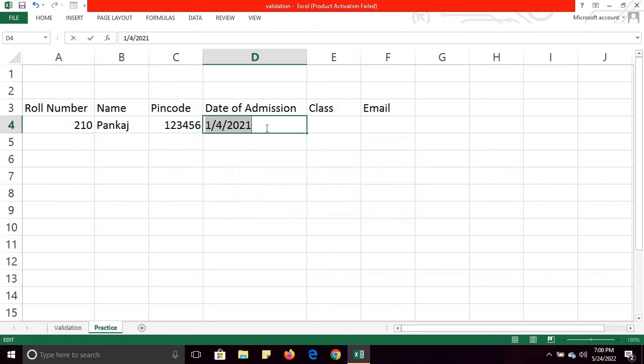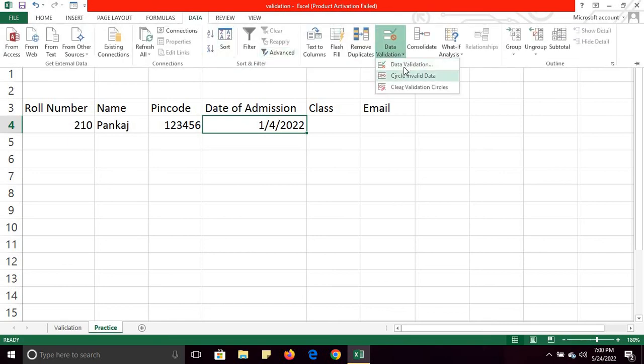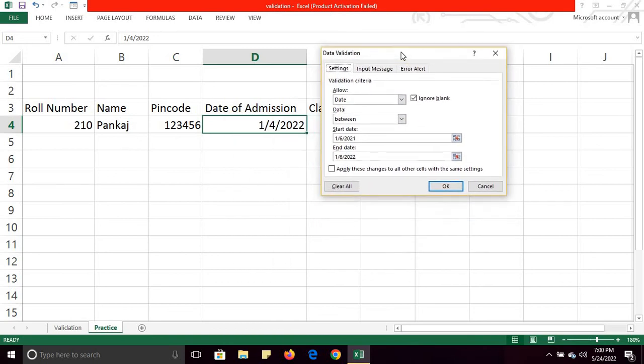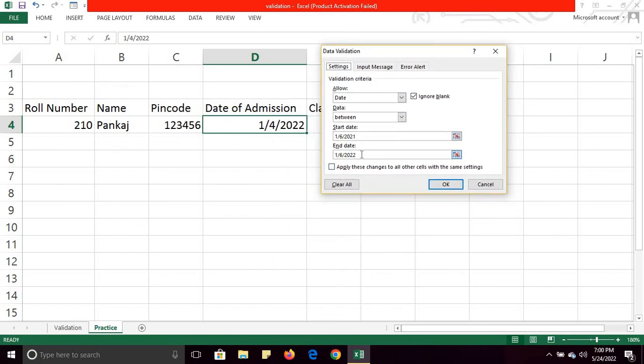So I will change it to 1/4/2022, and now it will accept, because see, here I have applied data validation. Date must be between 1 June 2021 and 1 June 2022, and 1 April 2022 is in